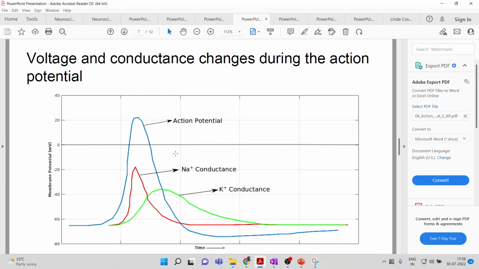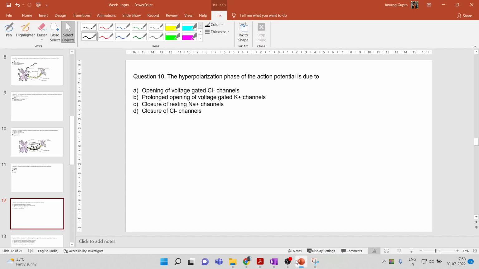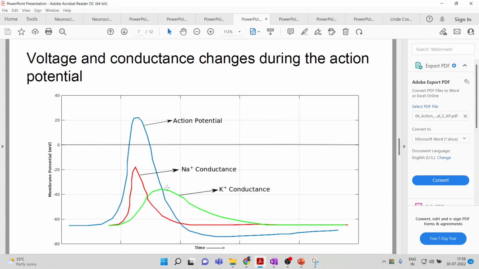Okay, so let us just look at this. Here you can see the option: prolonged opening of voltage gated potassium channels. Because there is prolonged opening of voltage gated potassium channels, you can see that the conduction of potassium is still high. It does not dip immediately, as it does for sodium conduction, which is like a spike. For potassium it's prolonged, right? Since it is open, K plus keeps on traveling down its concentration gradient,